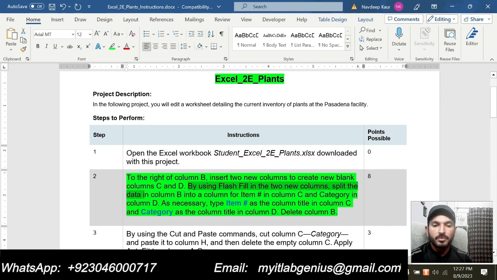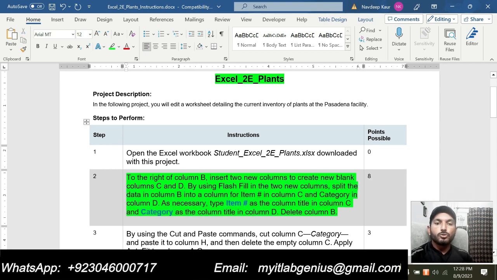Split the data in column B into a column for the item numbers in column C and the category in column D. As necessary, type Item Number as the column title in column C and Category as the column title in column D.